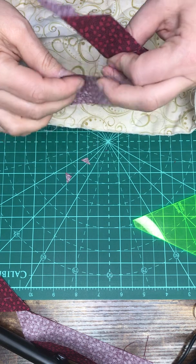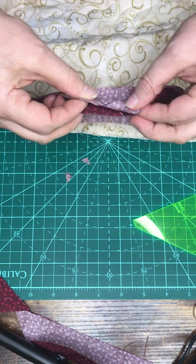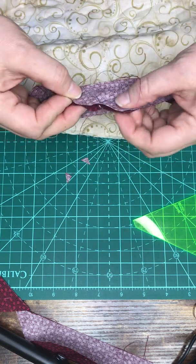Now when I go to sew these sections together, 1/4 inch seam,